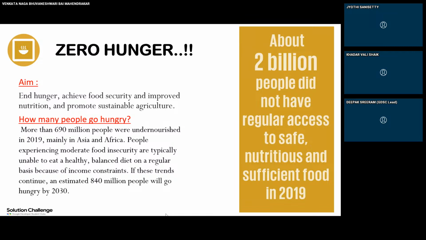If you see the slide, more than 690 million people were undernourished in 2019, mainly in Asia and Africa. If you don't think about it now, 690 million people is not a small number. If we continue to waste food, and if farmers continue to have losses with their crops, 840 million people will go hungry by 2030. If we don't take any action regarding hunger, more than 840 million people will go hungry. This is the reason why the United Nations has selected this as a main criterion